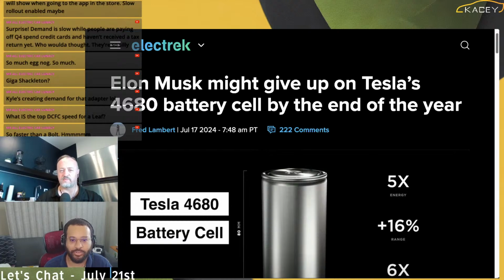So this one you can tell us more about. There's been all sorts of rumors going around about Elon saying that perhaps we'll give up on the 4680s if they're not done this year, and at the same time, competing rumors saying that they're ready to go ramp it up by the end of the year. I guess they are the same coin.